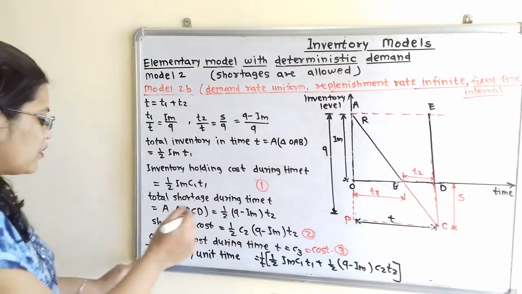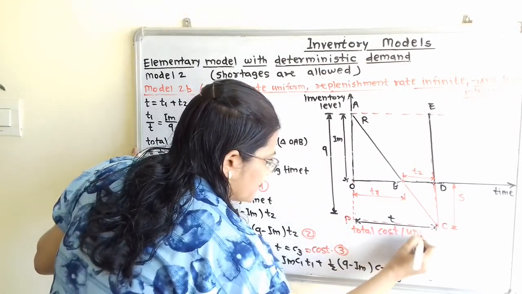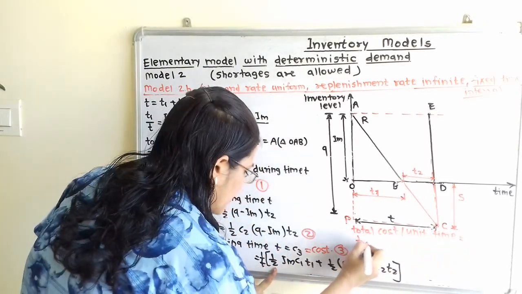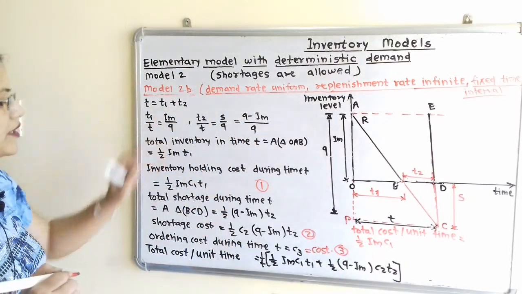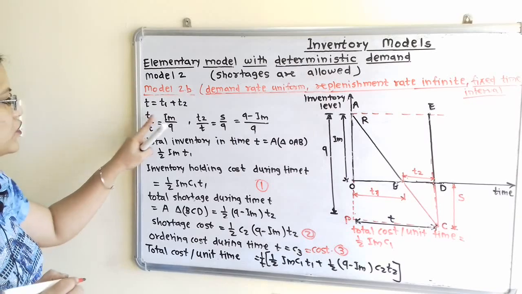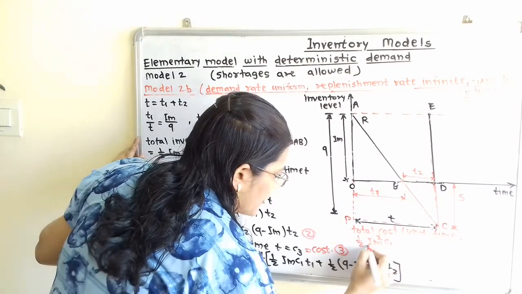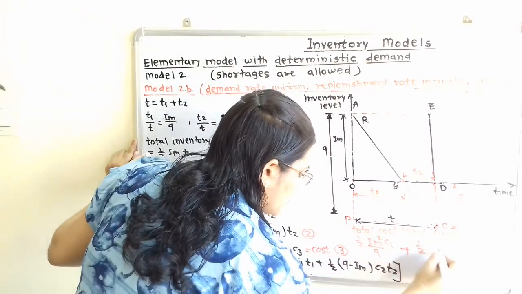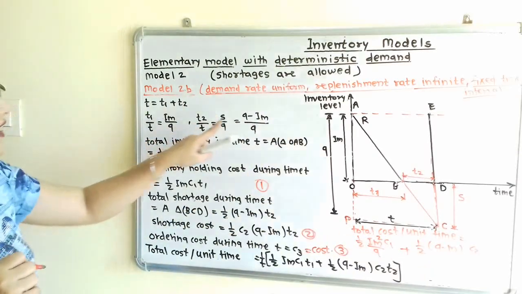So I will write here total cost per unit time is equal to half Im C1. Now T1 we will write here Im by Q into T, but outside the bracket 1 by T is there and T is getting cancelled. So instead of T1 I will write Im by Q, but Im is already present, so here will be Im square by Q plus next half Q minus M C2, and instead of T2 we will write Q minus M